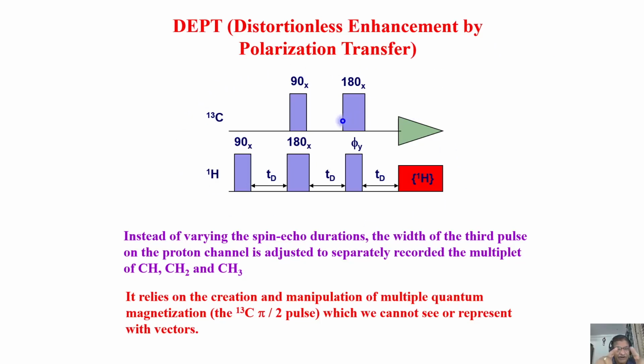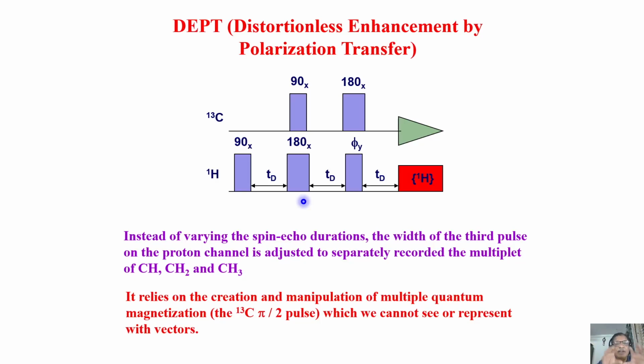I will explain about polarization transfer in detail in one or two classes. In the next or subsequent class, I will explain what polarization transfer is and how we do that. The advantage of this is, in this case, we can transfer the magnetization of protons to carbon. You understand? Because proton is rich, in the sense it has a large magnetic moment, more magnetization is there. There is a way we can take the magnetization of the proton and give it to carbon.